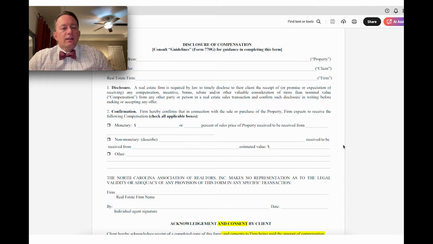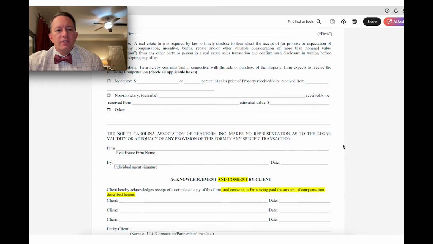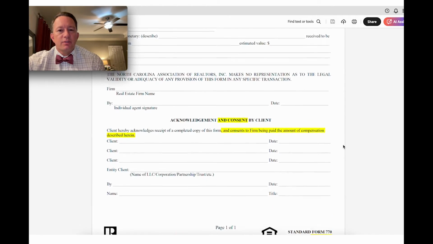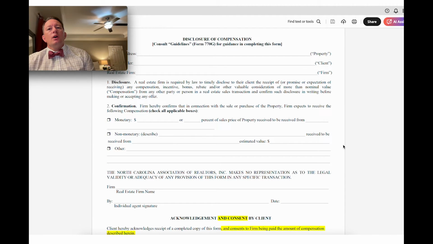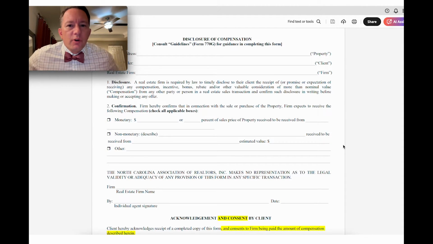All right. Last but not least, let's cover Form 770, Disclosure of Compensation. This is a very simple agreement. As you can see, it's just one page. All right, and that has continued to be the same. What this form is usually for is that in paragraph 1, you can see there's a disclosure up here, and